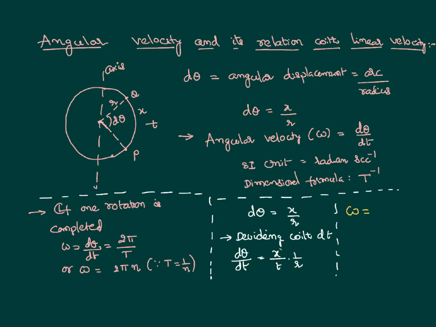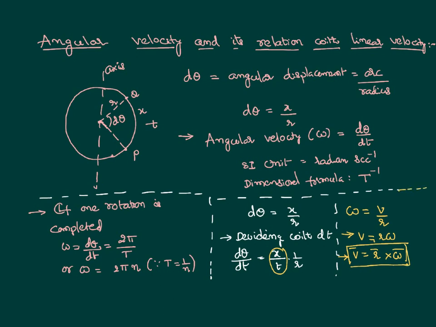We also know that displacement by time is nothing but linear velocity, v by r. So we can say the relation between linear velocity and angular velocity is v equal to r omega. To be more specific, velocity is a vector, position vector is also a vector, angular velocity is also a vector. Multiplication of position vector and angular velocity also gives a vector, and this kind of vector product is called a cross product.